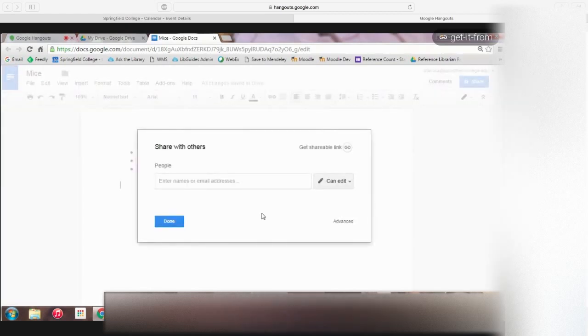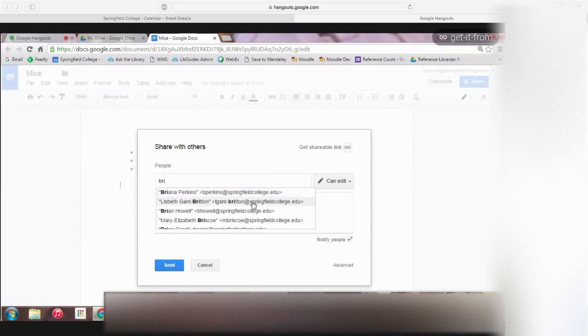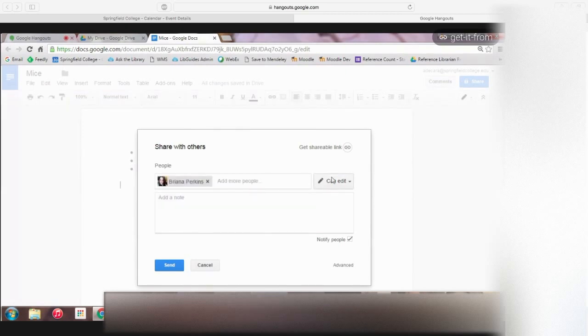There are a couple of things here that are worth noting. There are essentially two kinds of sharing that we're going to be talking about. One is with specific people. So you see, I can type in a specific person here. So I can type in Bree and share this with her specifically